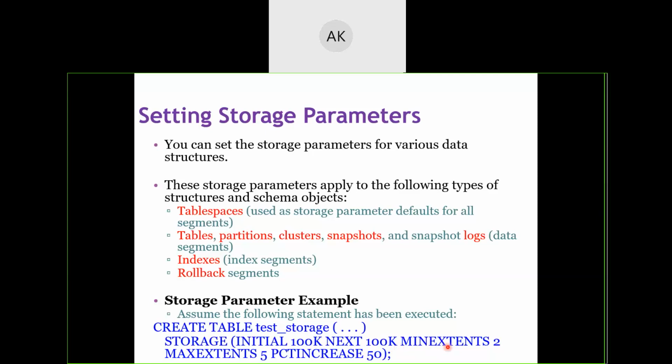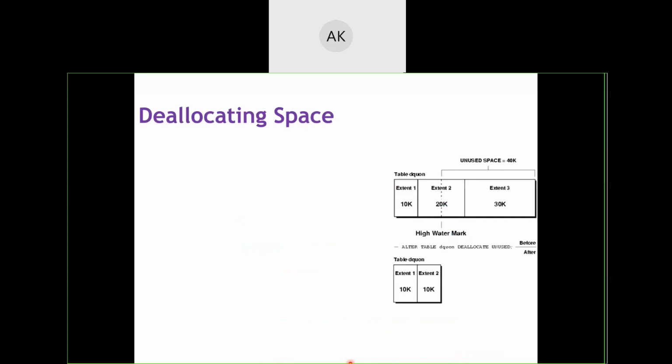Minimum extensions to be done are 2, and maximum extensions are 5. The percentage increase for each extent is 50%. Now for deallocation, suppose the memory was allocated in this order: 10 kilobytes first, then 20 kilobytes, then 30 kilobytes, for a particular schema object.